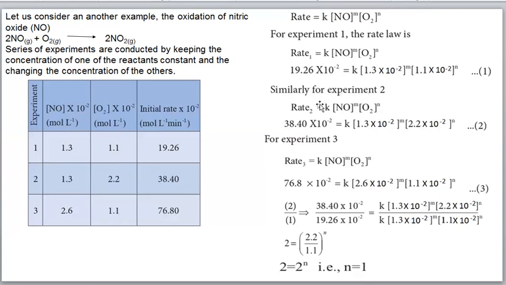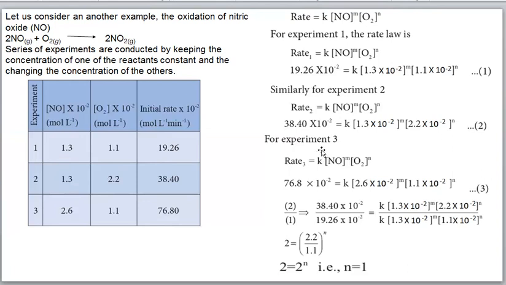Similarly, for experiment 2, we can say rate 2 is how much? 38.40 into 10 to the power minus 2 equal to k into concentration of nitric oxide, here you see 1.3 into 10 to the power minus 2, the whole power m, then oxygen concentration is 2.2 into 10 to the power minus 2, the whole power